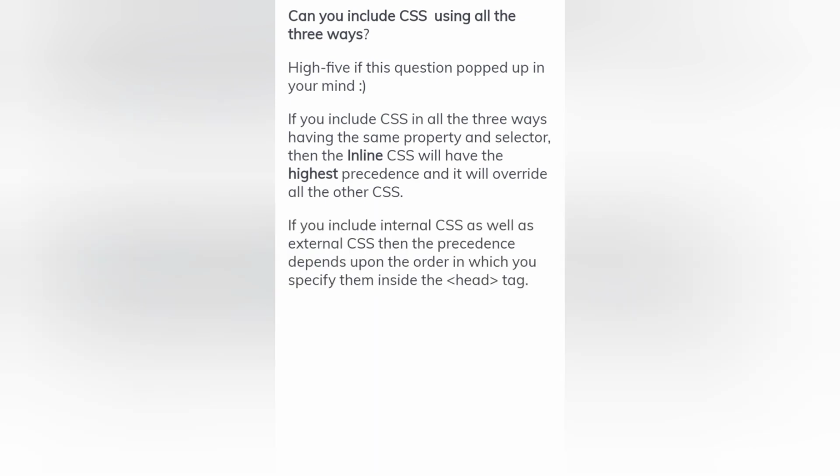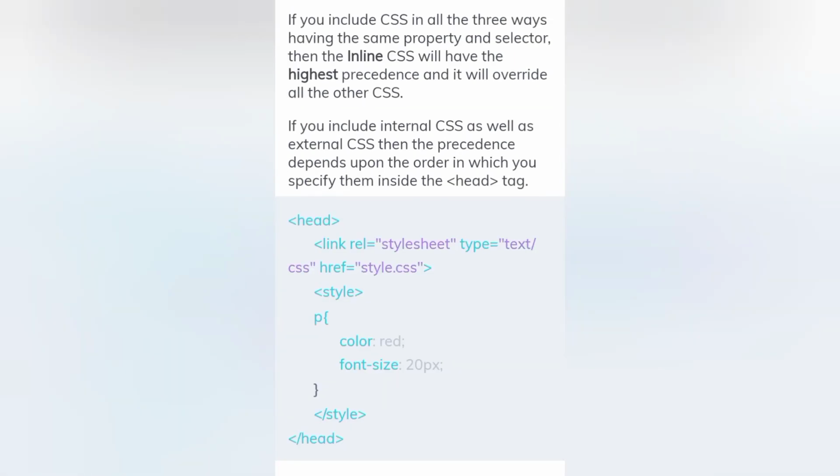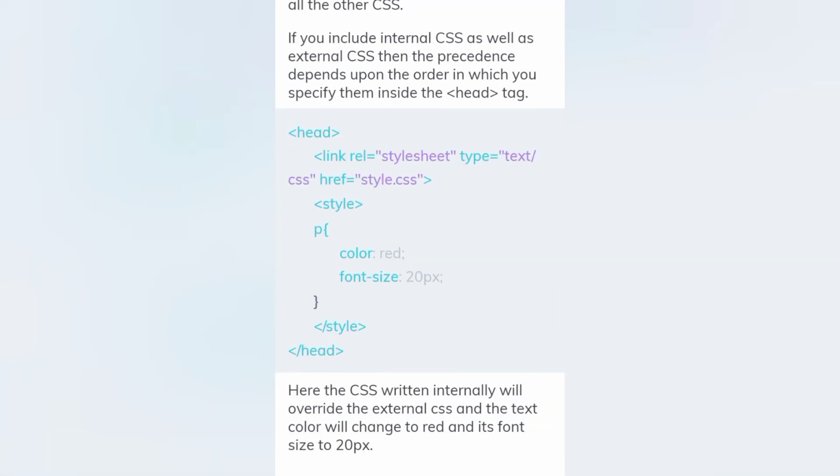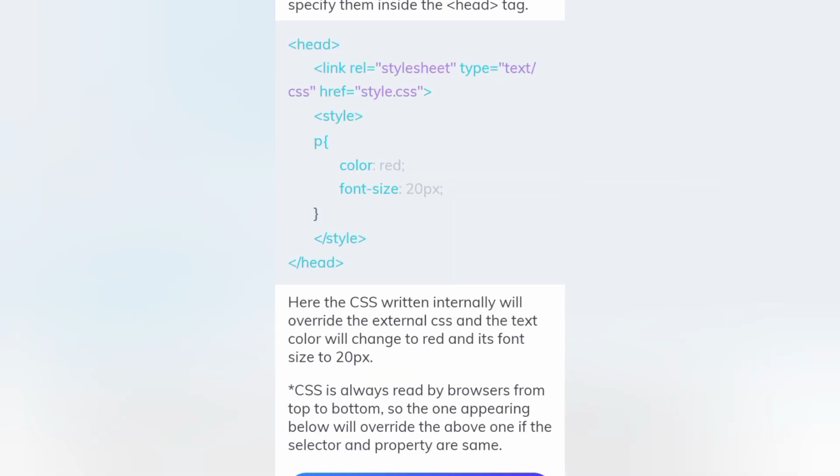If you include internal CSS as well as external CSS, then the precedence depends upon the order in which you specify them inside the head tag. Here the CSS written internally will override the external CSS and the text color will change to red and its font size to 20px. CSS is always read by browsers from